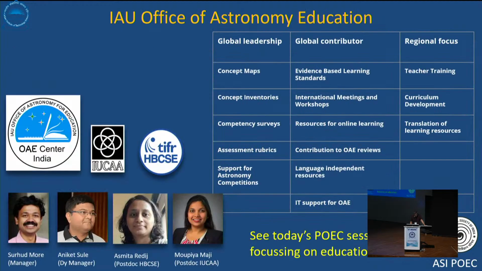So the IU Office of Astronomy Education, which was constituted over the last couple of years, is led by Surhut with Aniket, and they have Asmita as well as Moupia. Small group of people, but they're doing some important work in terms of global leadership, in terms of defining the role of astronomy education around the world,